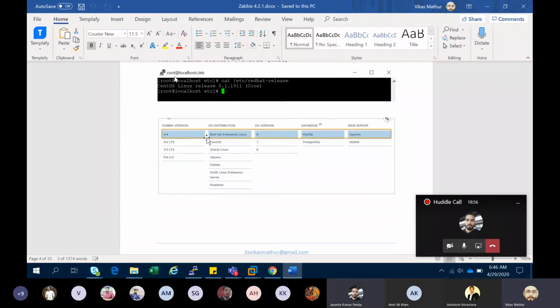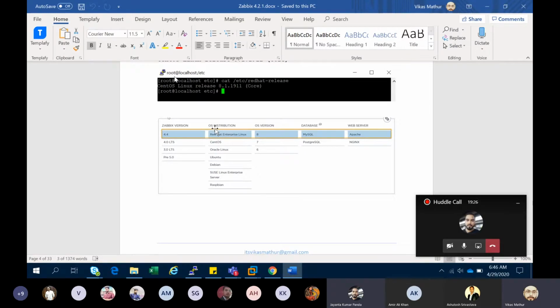Definitely, we will face it. That's why it is written that for a particular package installation, you need a particular OS. If you share that particular issue with me, I can easily rectify it, and we can discuss it. Okay, no issue, but at that time we rectified it by changing the Zabbix version to a newer version.